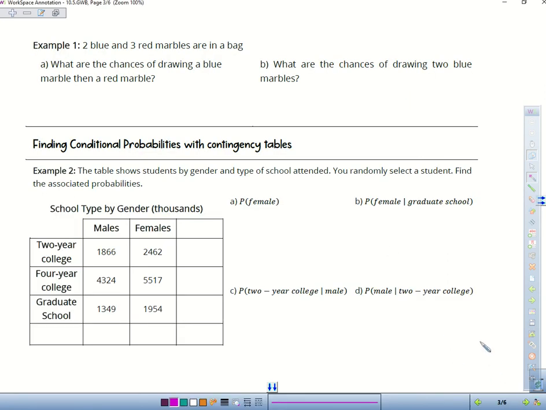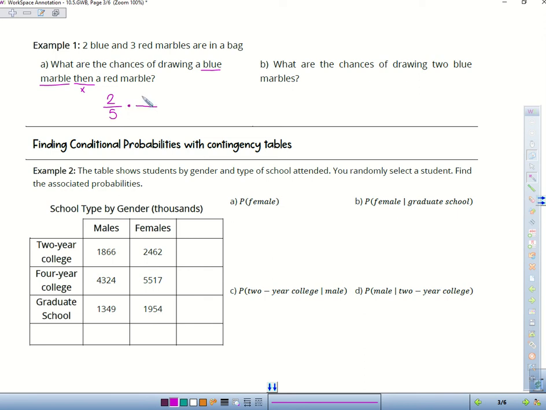Before we get started, we're just going to talk a little bit about some probability just to get you back into the mindset of how this works. So we have 2 blue and 3 red marbles. What are the chances of drawing a blue and then a red marble? We know that is multiplication. What's the chance of drawing a blue marble in this case? It'll be 2 out of 5. Good. Times then a red,